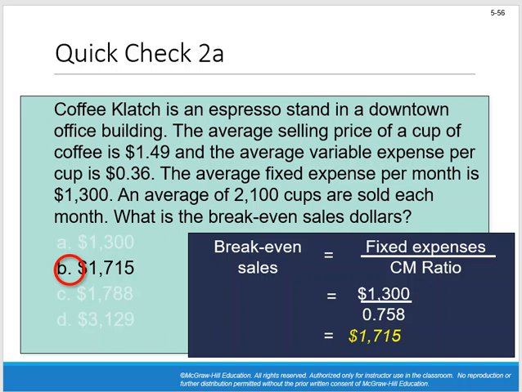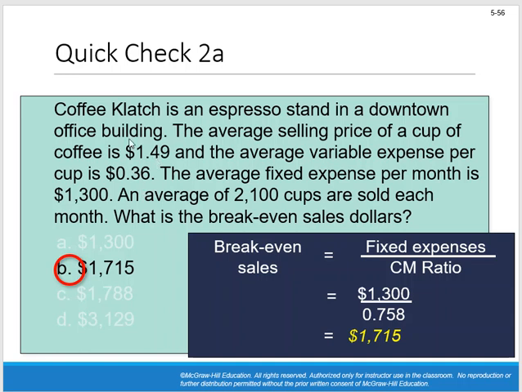And hopefully you came up with B, 1,715. Depending on how you solved it, you might be off by $1 or $2 due to rounding. But of these answer choices, that's definitely your best answer choice. So they took $1,300 fixed divided by the CM ratio that we actually computed previously, and they got 1715. And remember that CM ratio, that was